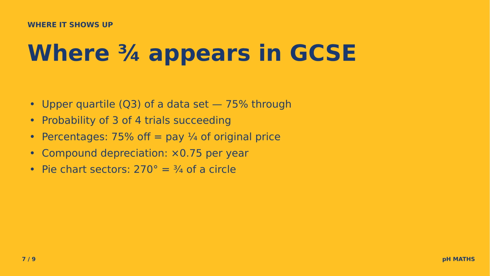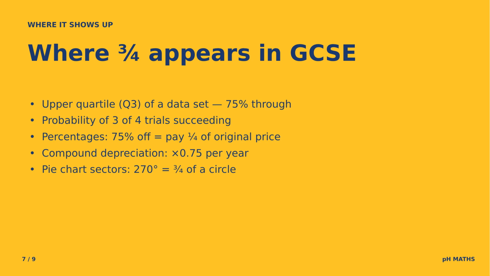Where 3/4 shows up in your exam: the upper quartile Q3 sits 75% through your data. Probability questions with 3 out of 4 outcomes. Discount problems: 75% off means you pay a quarter, 25% off means you pay 3/4. Compound depreciation at 25% per year is multiplying by 0.75 each step, and pie chart sectors, 270 degrees is 3/4